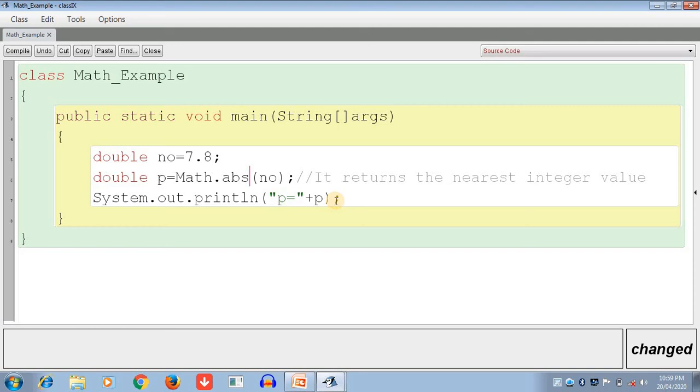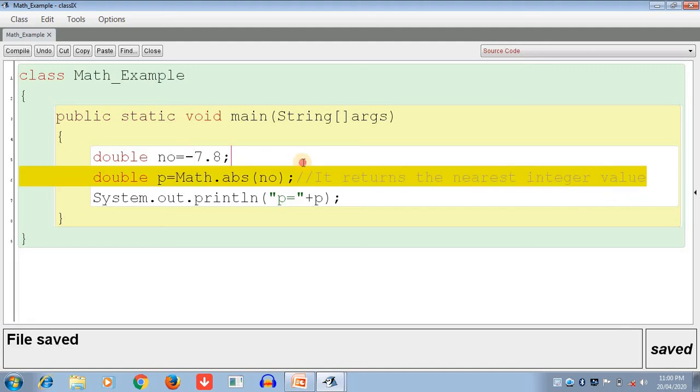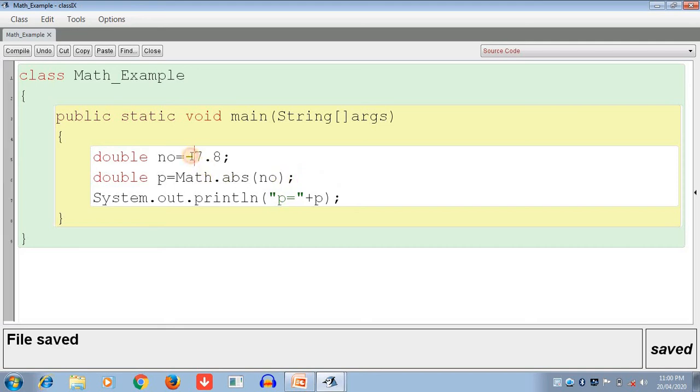It returns the absolute value of the argument, which is the value without the sign. Now I show one example of the absolute function, like minus 7.8. The absolute function removes the sign and converts it into a positive number.